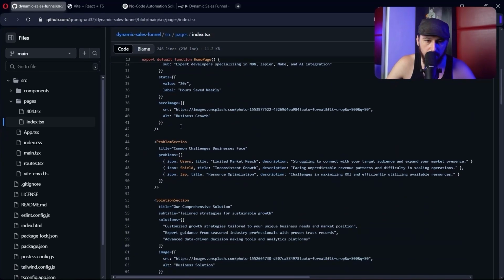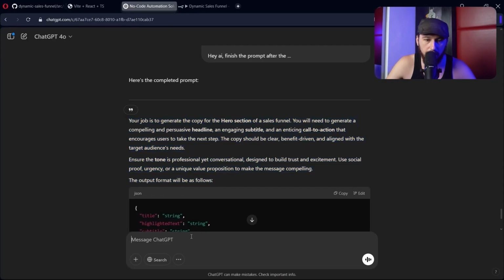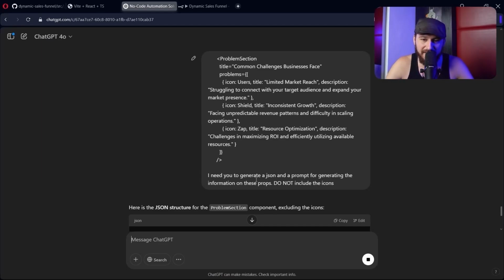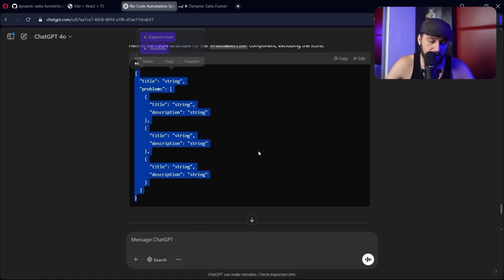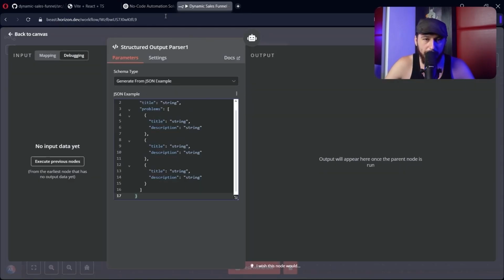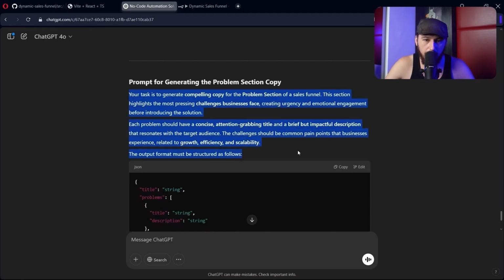So we're going to go down here. We're going to grab the problem section right here. Copy that. We'll go here. I told it, I need you to generate a JSON and a prompt for generating the information on these prompts. Do not include the icons. And so we have a beautiful JSON right here for the output parser. So let's copy that, go over here, we'll paste that in, and we'll copy this prompt, and we'll just see